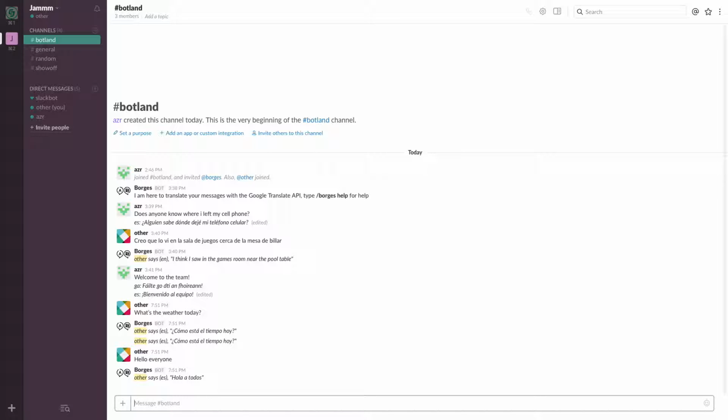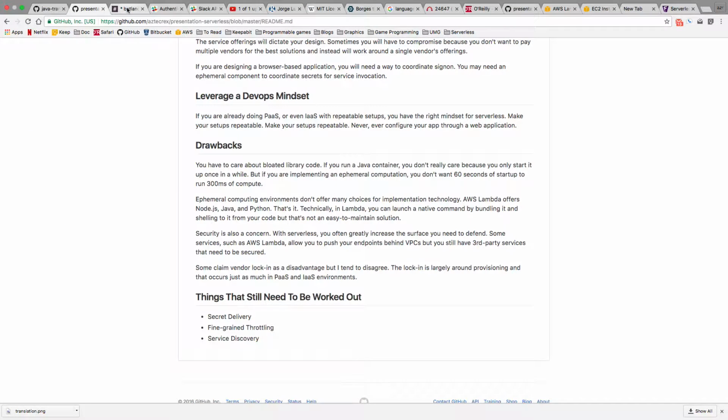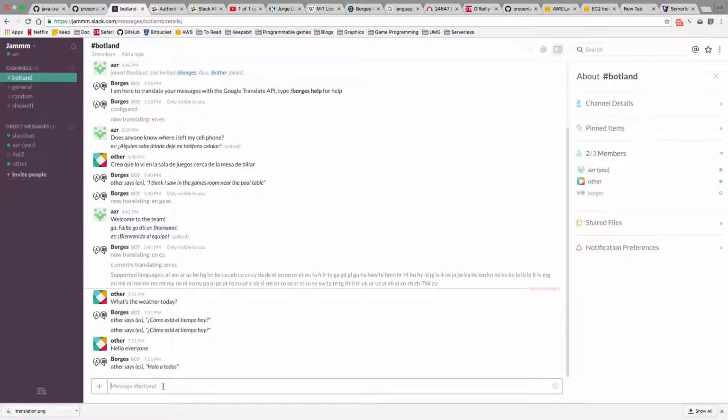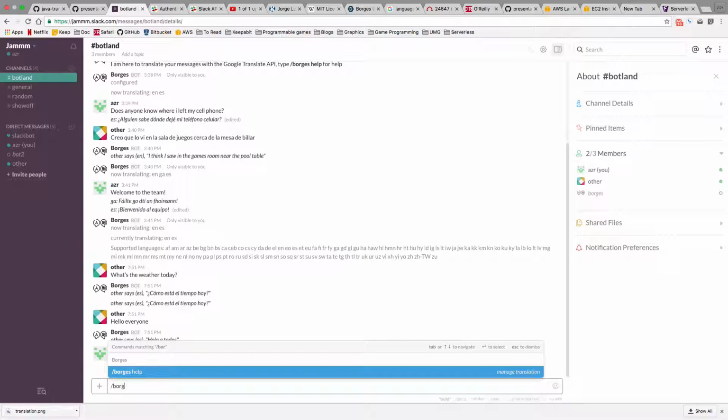But anyway, what we're getting is a translation. If we do it from this other client, where I've actually authenticated, it'll actually modify my messages in languages, and it supports a bunch of languages.